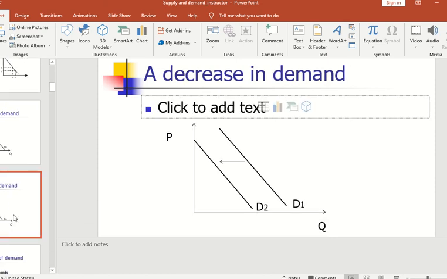On the other hand, we have a decrease in demand, which is illustrated by a leftward shift of the demand curve. Okay? So as you can see,